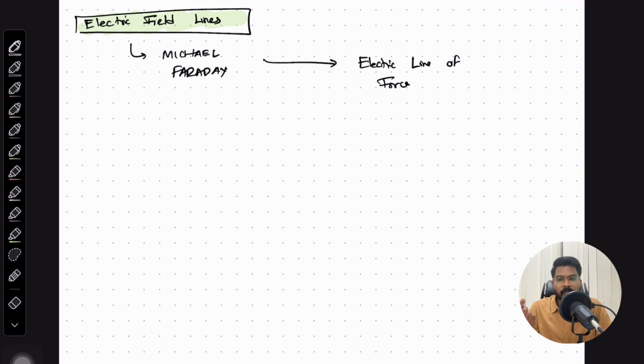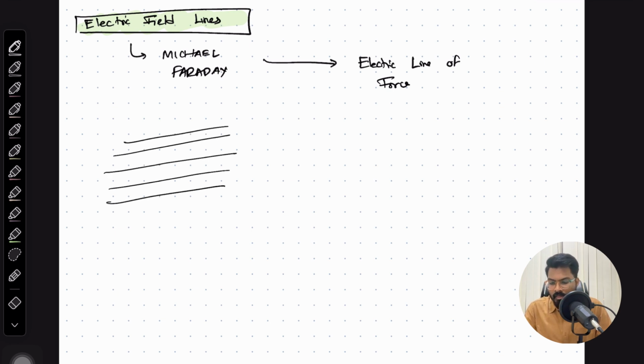Imagine an electric field. In this electric field, I am keeping a small positive charge. Now this small positive charge would move in a certain direction, so it might trace a curve. Now that curve along which this positive charge would tend to move, when it is free to do so, when it is not constrained by anything, is called an electric line of force,